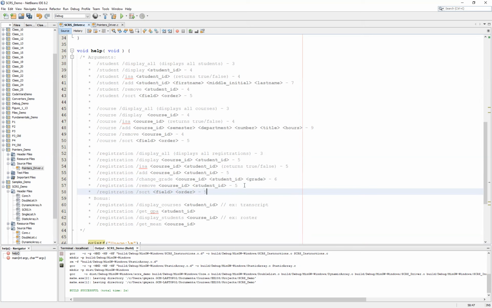So there's a little bit of a difference between the registration and the student in the course. And then while we're at it, let's go ahead and take a quick look at the bonus switches. In this case, for the registration to display the courses for a specific student, we have a total of 4 switches. For the GPA, we also have a total of 4. For the roster, we will have a total of 4. And then for the average for a course, or the mean for a course, we will have a total of